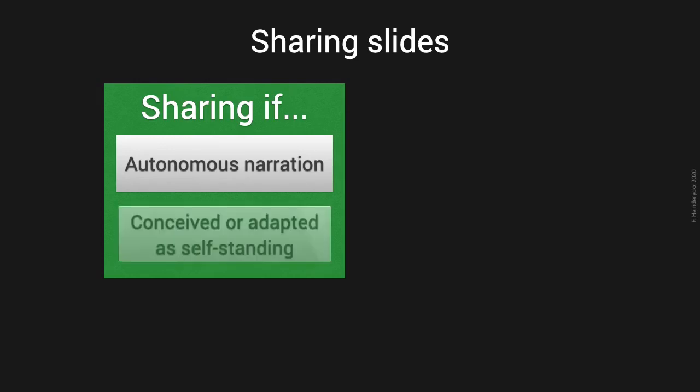And I'd like to take a minute to think about this and help you think about this. In my view, sharing slides after a presentation is only something you should do if two conditions are met. One is that your slideshow is actually an autonomous narration. I mean by that going through your slides one by one will make complete sense, that the words and pictures combined in those slides are detailed and clear and thorough enough that someone who was not at your presentation would understand you properly.